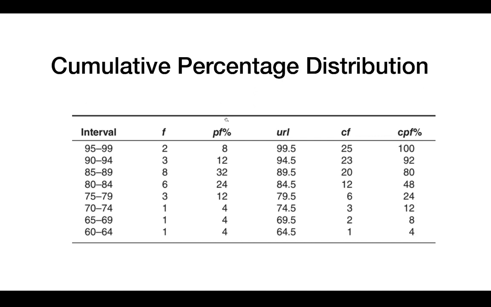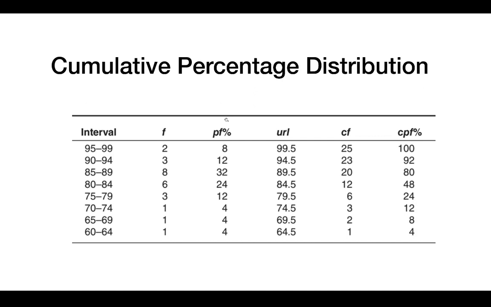is the CPF entry of 80. This only means that a score of 89.5 is the 80th percentile. You may be asking, where did I get the 89.5? You just have to look into the separate column, which is the URL, the upper real limit, and the class interval 85 to 89 has a URL, or upper real limit, of